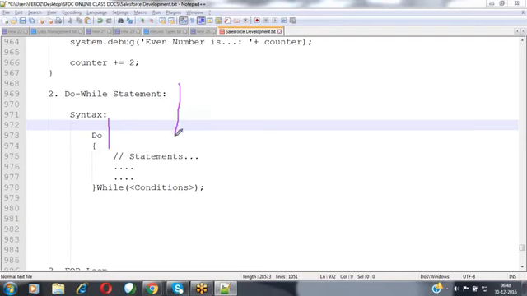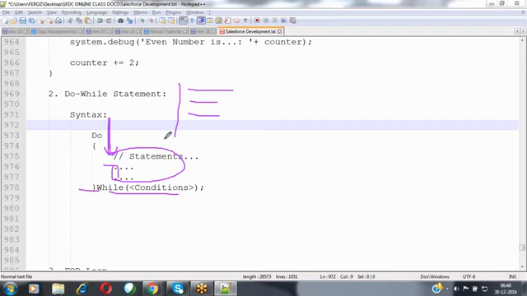The application is going to execute the statements, and when it comes to the do while, it directly enters the do while block. Why? Because there is no pre-checking, there are no conditions available here. So it directly enters the do while block and executes the statements once. Once the statements have been executed, finally it verifies the condition. Before that condition is executed, the statements have already been executed once.